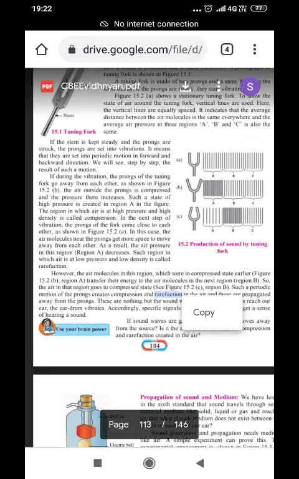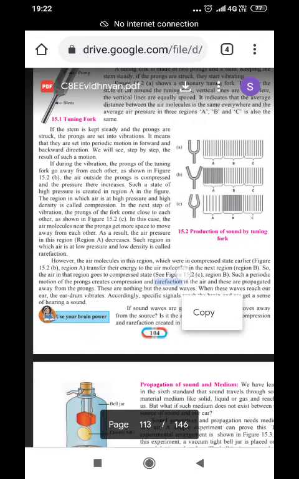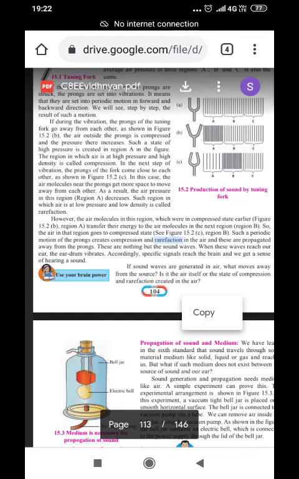If the stem is steady and the prongs are struck, the prongs are set into vibration. It means that they are set into periodic motion in forward and backward direction. We will see step by step the result of such a motion. If during the vibration the prongs of the tuning fork go away from each other, as shown in figure 15.2b,